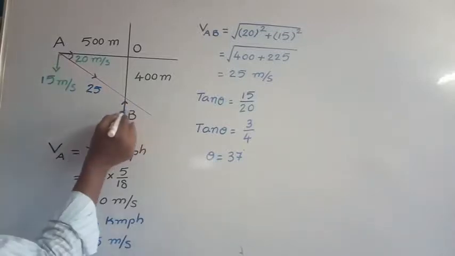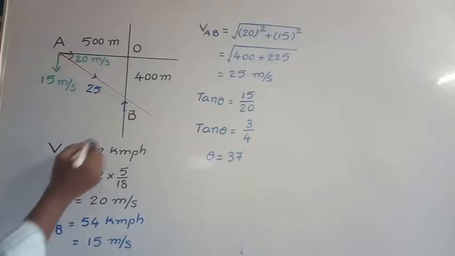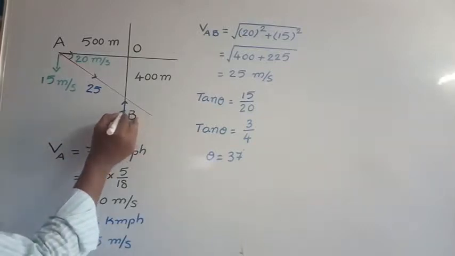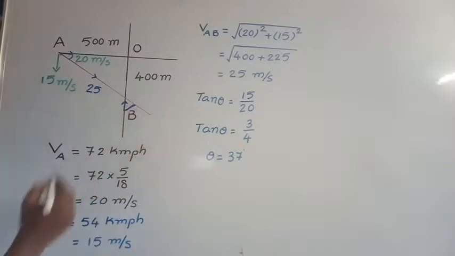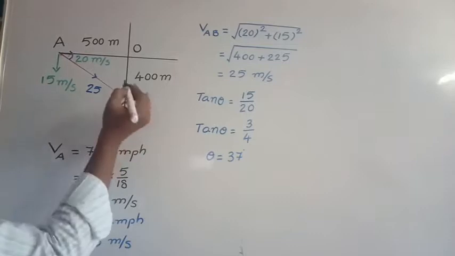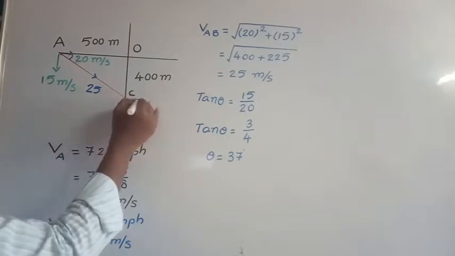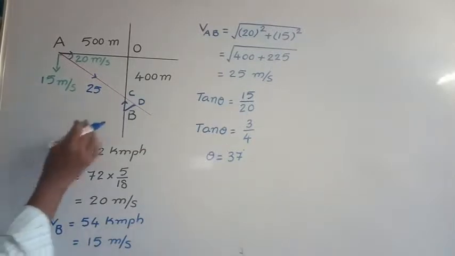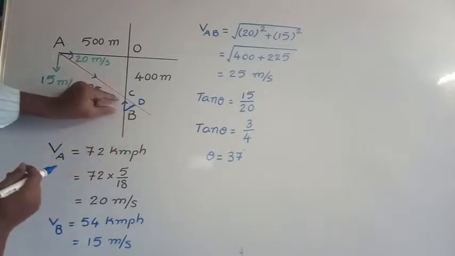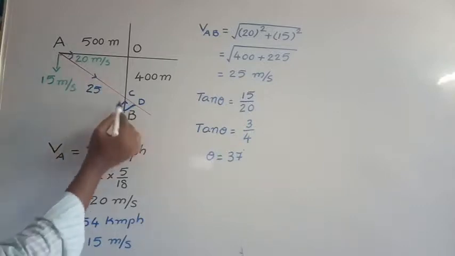But particle B is here. So you draw a straight perpendicular line onto this resultant velocity. This gives the shortest distance. Now assume this point is taken as C and this point is taken as D. So here the line BD gives the shortest distance. Now we want to find the angle or some length.